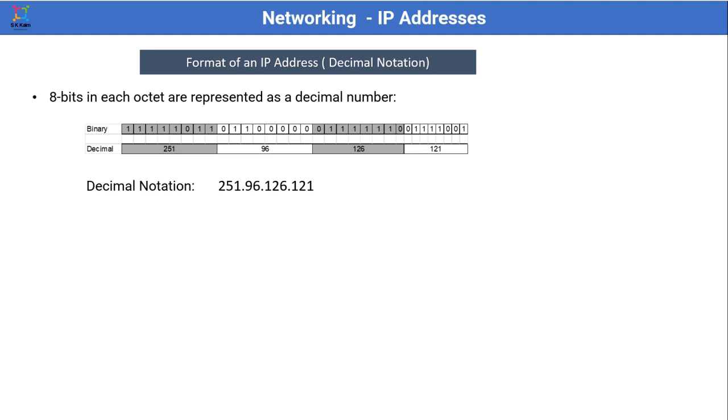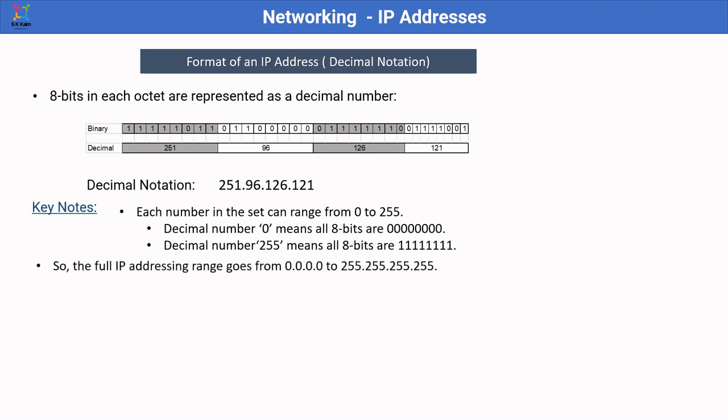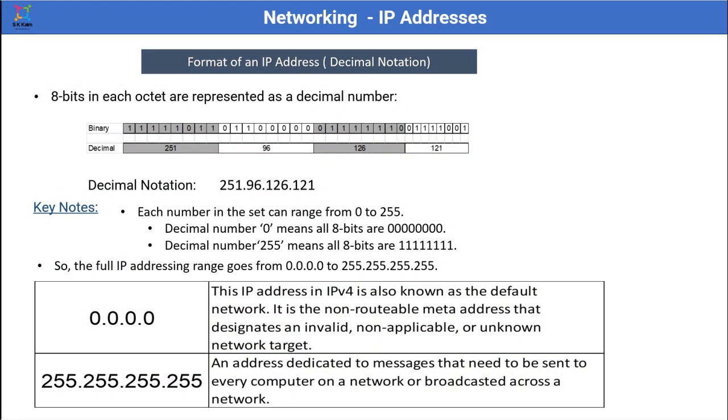Remember, each number in this set, or octet, can range from 0 to 255. The decimal number 0 means that all 8 bits are set to 0, while the decimal 255 means all the 8 bits are set to 1. So the full IP address range in the decimal number system goes from 0.0.0.0 to 255.255.255.255. Please also make note that the first IP address and the last IP address are not used in the